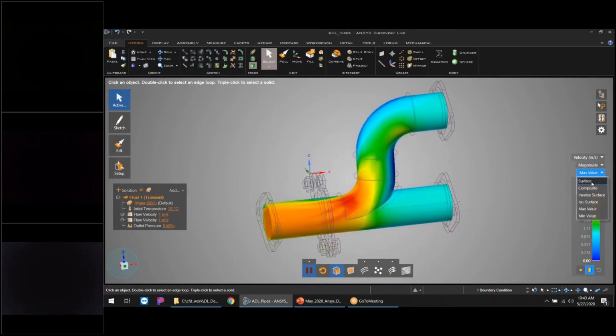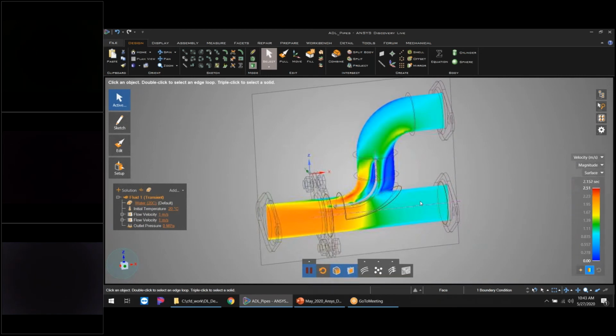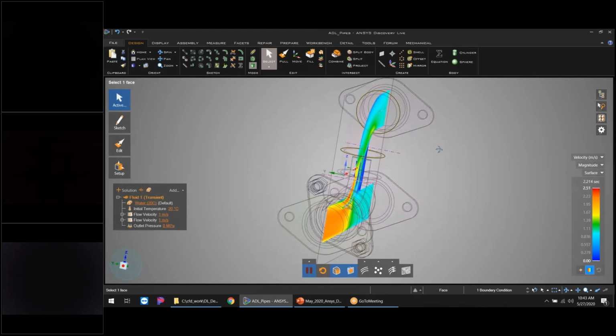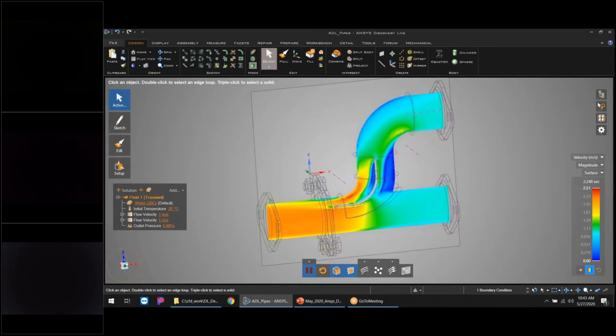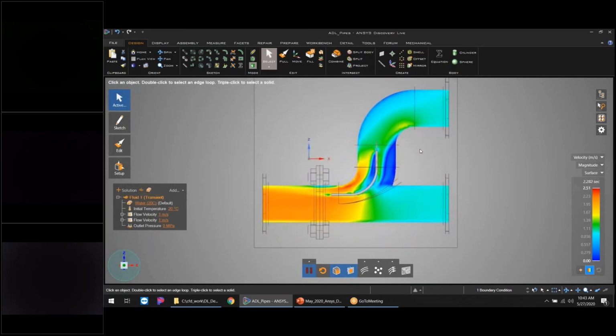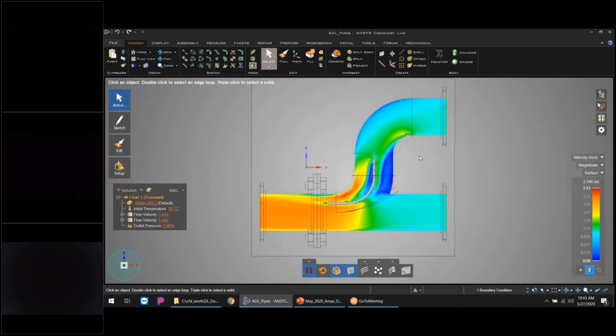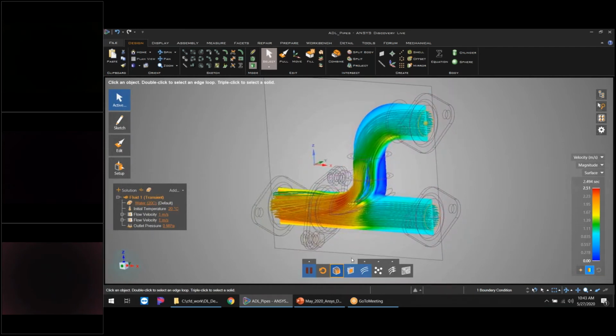Actually, I'm going to go to surface, and I'm going to turn on my cut plane. Automatically, again, it's a 3D analysis, but I just create a 2D plane that goes right through the center. I'm just going to snap this view, and we're going to get a good idea of what's happening inside here. We can see that I've got an inlet here. I've got a little bit of a wake zone. This is slow velocity. It's coming down and coming out to the left-hand side. If I wanted to look at some streamlines, I can turn those on.